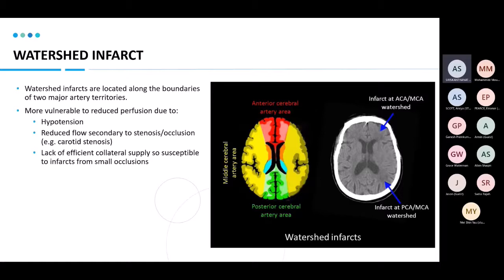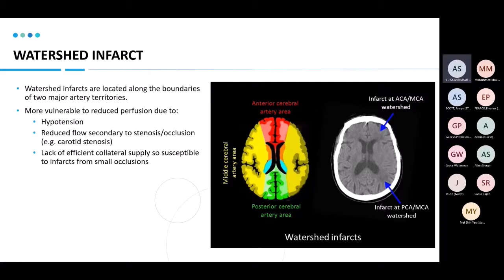They're more vulnerable to reduced perfusion, especially if they've got other things going on, like hypertension, any reduced flow due to stenosis in the carotid arteries or occlusions in there, and a lack of collateral supply,